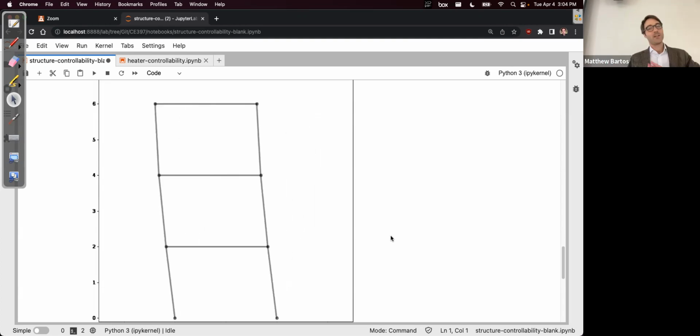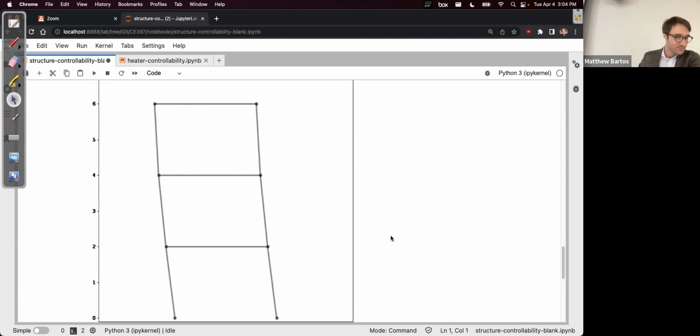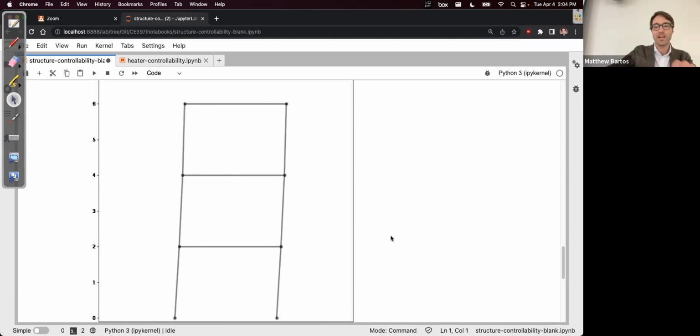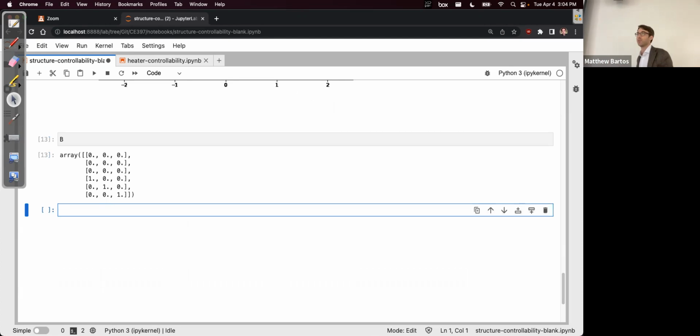Now let's say that we can place an actuator on each floor. So we have our initial B matrix, which consists of having an actuator on each floor. That's why you have three ones there. And let's see if the system is controllable with this controller configuration. So how can we do that? Probably the easiest way is to construct that controllability matrix, right? So that in this case would be something of the form,